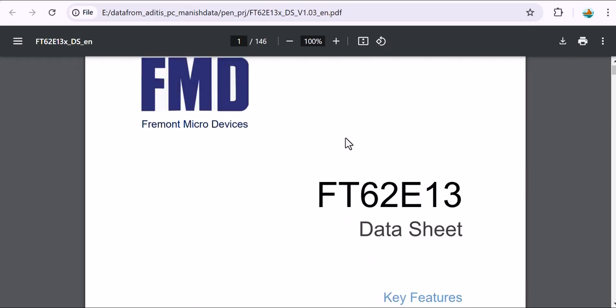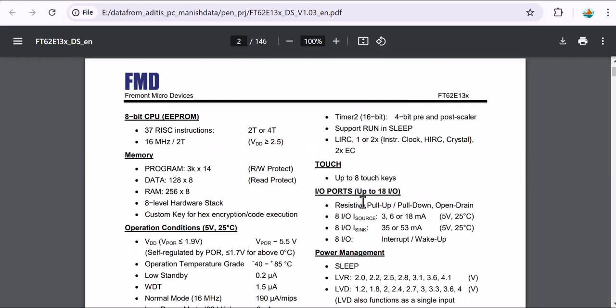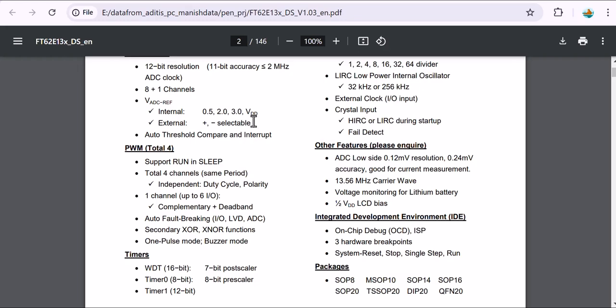It is a 1.3 series. As you can see, there are key features similar to the PIC. Additionally, they have sink and source capability of around 50 milliamperes, which is good to have. There are also other important things like an inbuilt oscillator up to 60 megahertz. Also a low power oscillator, generally used for 32 kHz, is there. And the ADC with external reference, we can have 0.5, 2 volt, 3 volt and VDD,